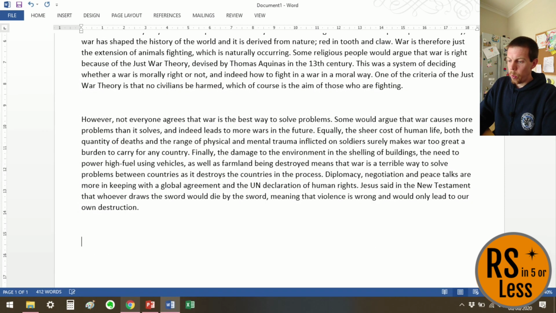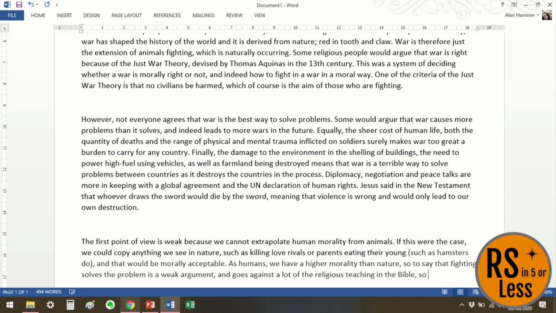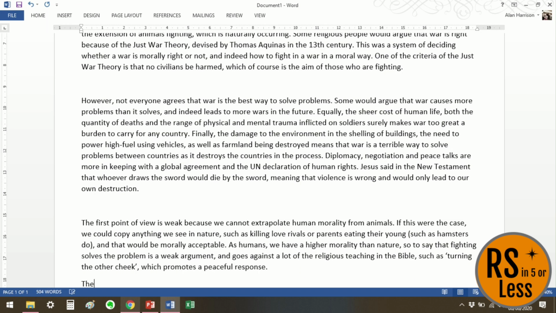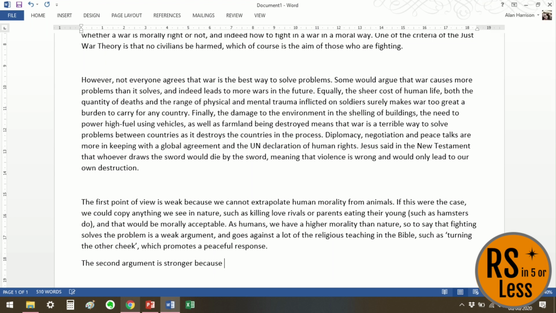So we would look at the first point of view is weak. So what I've done there is I have picked apart that first argument. So here, the second argument is stronger because